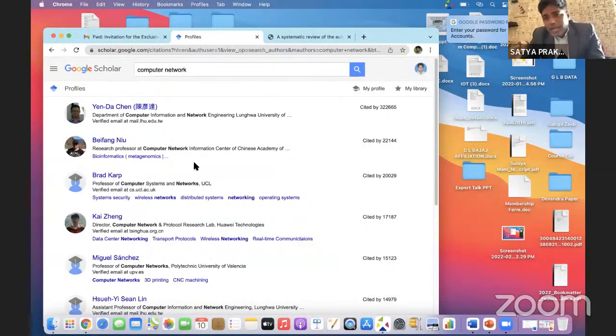Like that, you can find the article as well as the journal. You can find their articles. See that person in China. He has an article on computer networks, cited by this many. It's a huge number of citations. This number of people recommended their work. It's tremendous, their work is as good as we cannot assume, right? So this is about Google Scholar.